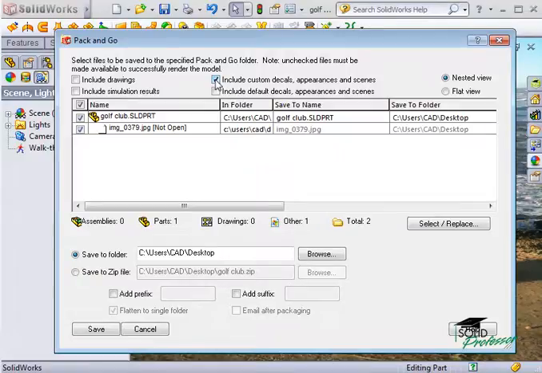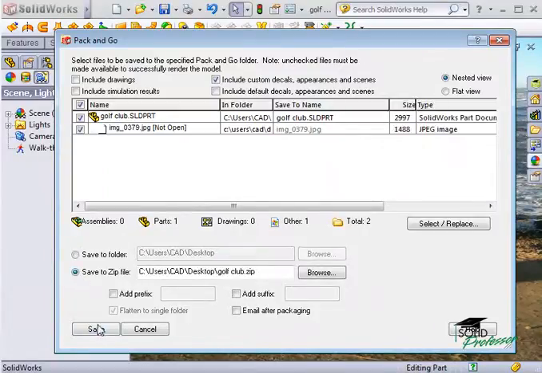checkbox at the top. This is a single part, but if it were an assembly, I can choose which components I'd like to send by checking and unchecking the boxes. I like to save to a zip file. Once all the settings look how you want, just click Save and email the zip file as an attachment like